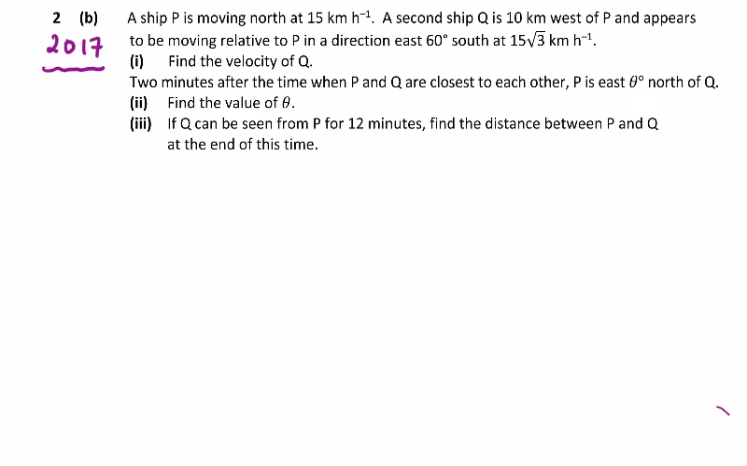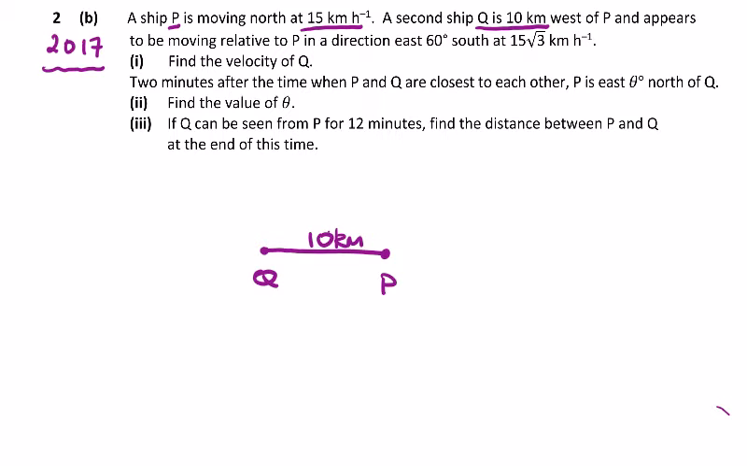2017 question 2b. A ship P is moving north at 15 kilometers an hour, and a second ship Q is 10 kilometers west of P. Okay, well, let's do that diagram. Q and P, 10 kilometers,